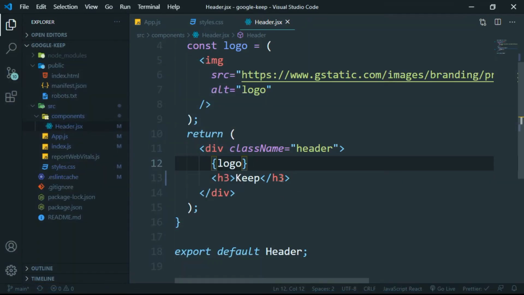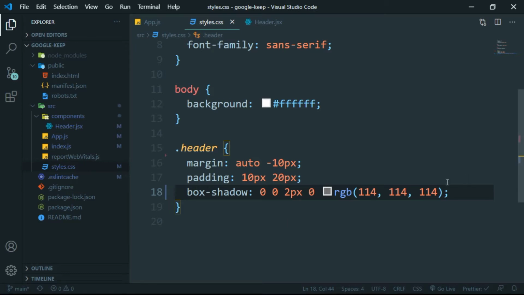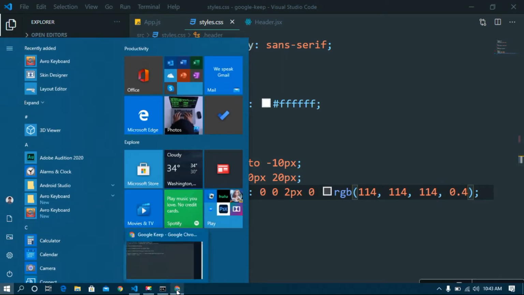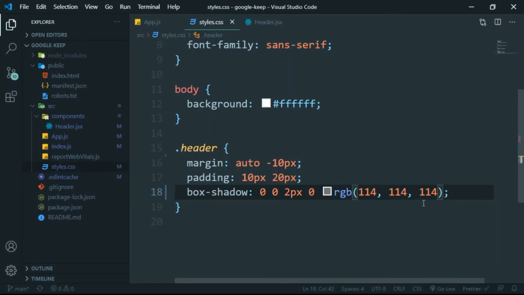So go to styles, and for the header class we have margin auto -10px. Okay, let's see, it's okay, that works. We should add margin, padding and box shadow. Okay, perfect. We should have RGB